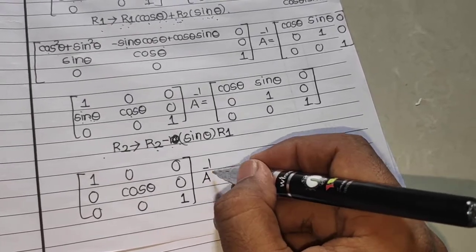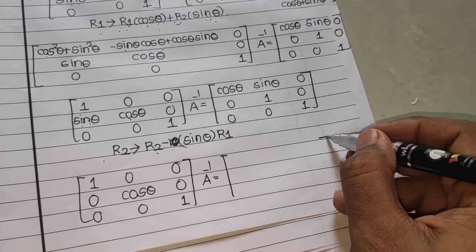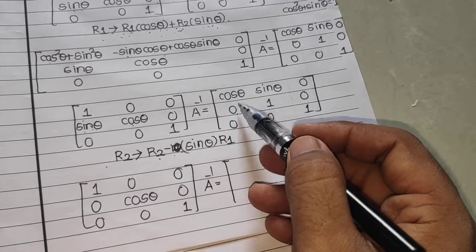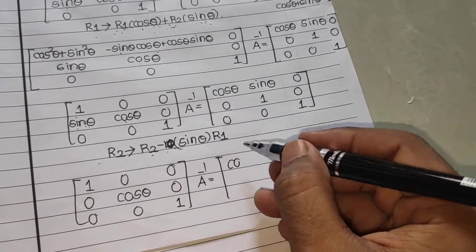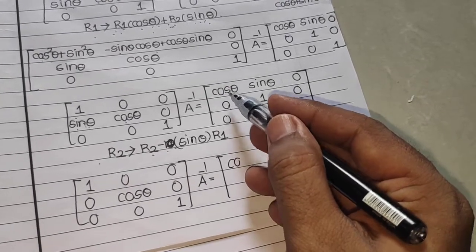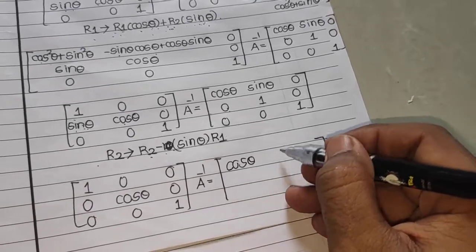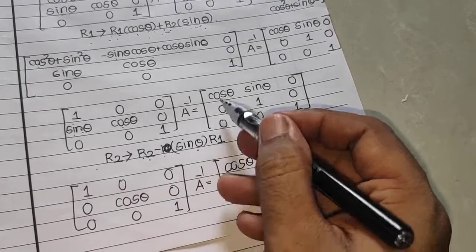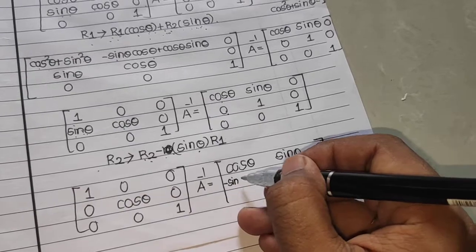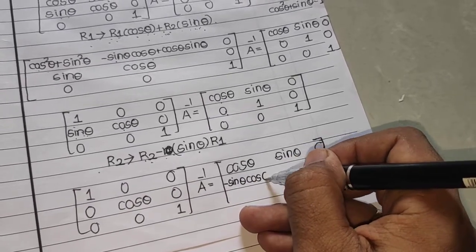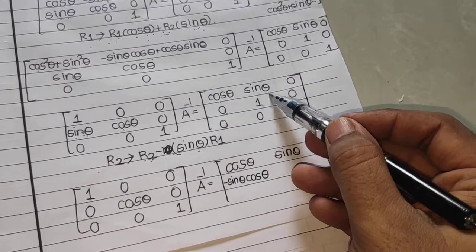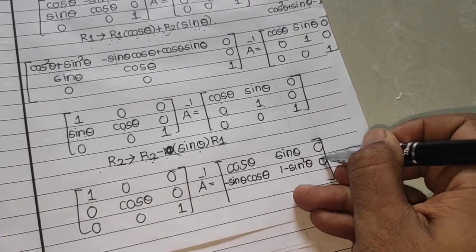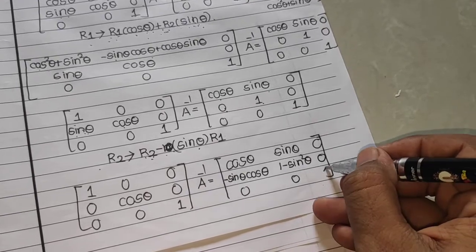into A inverse, which is equal to R2, that will be cos theta, so cos theta minus sin theta into R1, so this will remain as R2 0 माइनस साइन थीटा इंटू कॉस थीटा, ये R1 रिमेन अनचेंज, उसको ऐसे लिख लेते हैं, R2 0 माइनस साइन थीटा इंटू R1, सो माइनस साइन थीटा कॉस थीटा, R2 1 माइनस साइन थीटा इंटू साइन थीटा, 0, 0, 1.